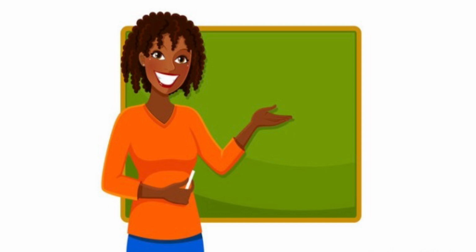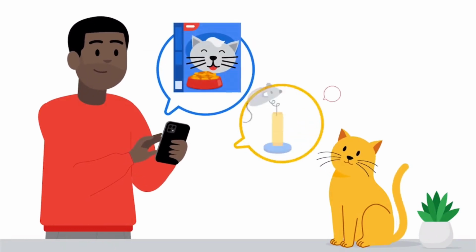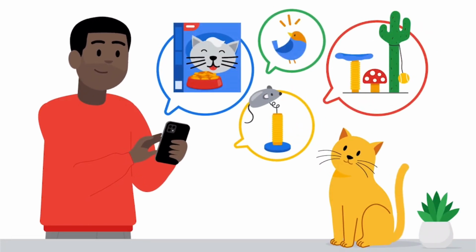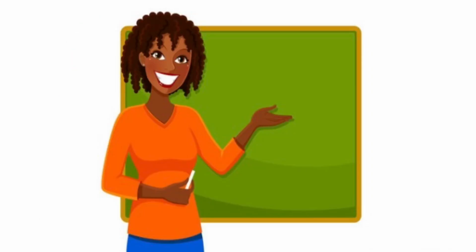And the more brands learn about their subscribers, the more they can segment their lists, which makes it easier to build relationships with customers. So, if someone buys cat food from a pet store, they might appreciate getting ads about other cat-related products, like treats or toys. But if they get a coupon for bird seed, they might delete that email. And they could even unsubscribe altogether, which is the opposite of what the pet store wants.